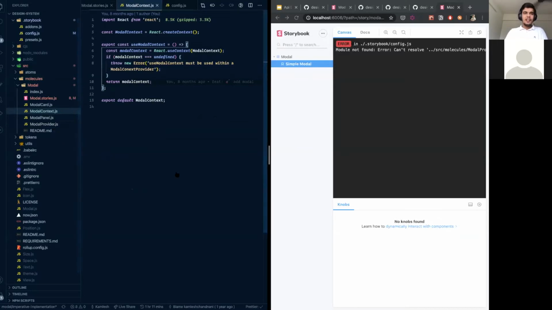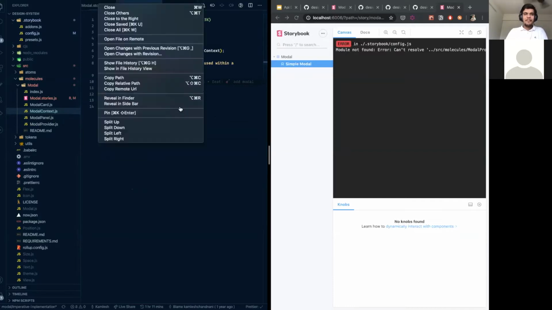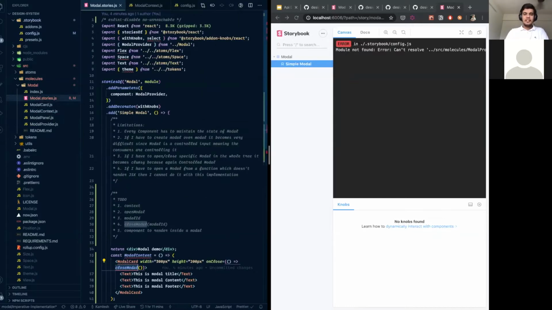Going to the stories, until now we have context. So I say use modal context.